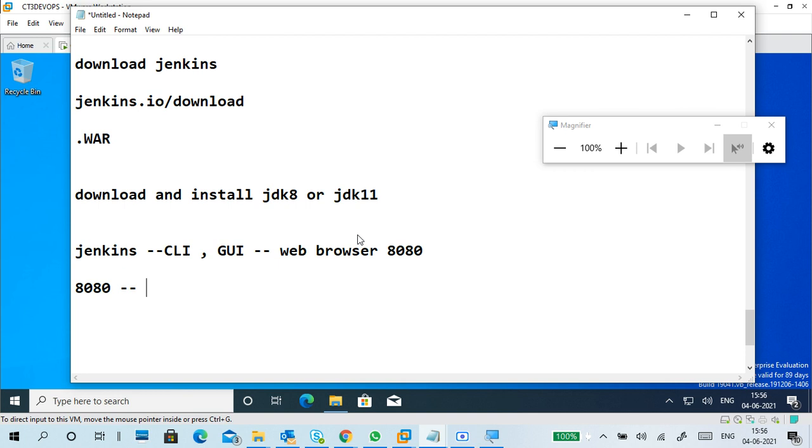So what I'm doing is, instead of 8080, I want to use the port number 9090. Like your IP address and port numbers, if two processes or applications or services use the same port number, a conflict will occur. So to avoid the conflict, I try to use the 9090 port number. You can use anything which is not taken by others. So this is the 9090 port number.